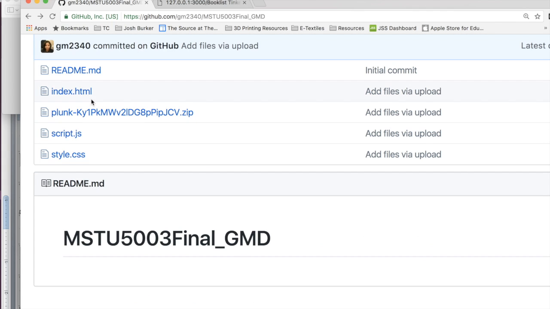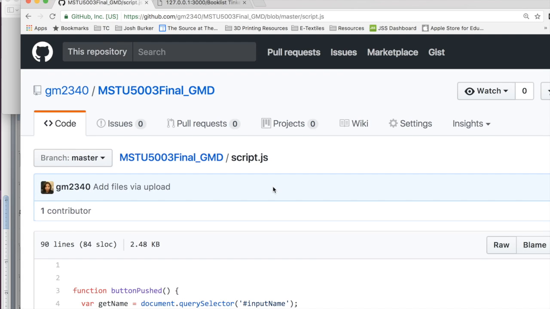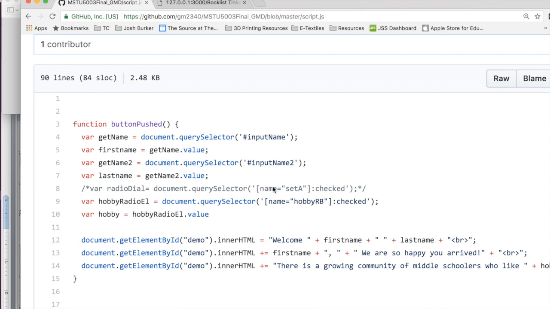Let's go look at the JavaScript. So we have script.js, which is awesome. And the first function that we're going to be looking at, and you know it's a declared function because of the word function as well as the parentheses next to the word buttonPushed, so that lets you know that it's a function. So we have the variable getName, and the variable getName is going to equal document.querySelector,